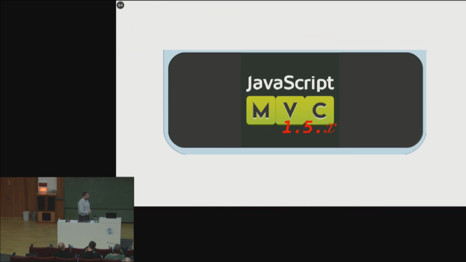And on the very bottom we have JavaScript MVC 1.5.x. Is anybody aware of the JavaScript MVC? Not really. Oh, okay, that's a pity actually, because first of all I would like to stress this version number, because now if you Google for JavaScript MVC, you will probably end up on javascript.mvc.com, where the version number is something like 3.9. And this version 1.5, it's actually my branch that I started in 2009,